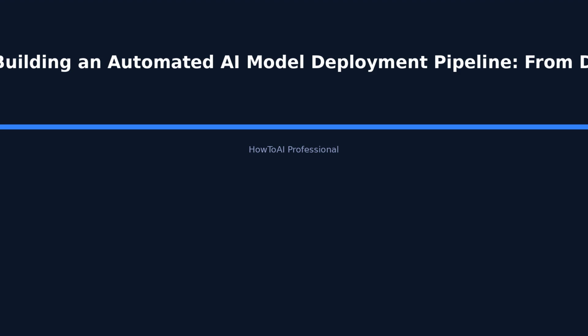Orchestration with Kubernetes. Now that you have your model containerized, it's time to discuss orchestration. Orchestration is about managing and coordinating multiple containerized applications. Kubernetes is the leading orchestration platform that automates the deployment, scaling, and management of containerized applications. Using Kubernetes, you can easily deploy your AI model containers, scale them up or down based on demand, and maintain